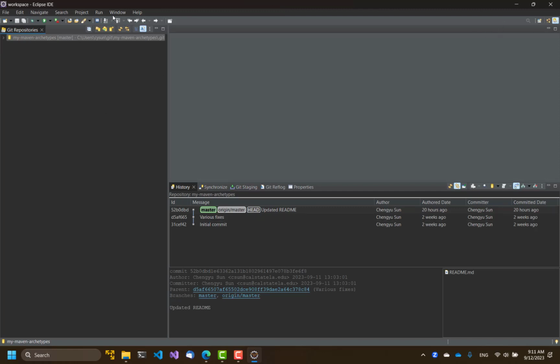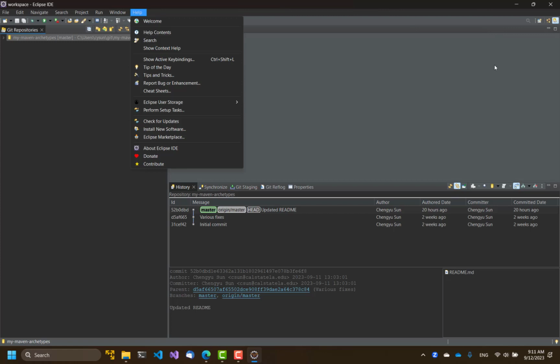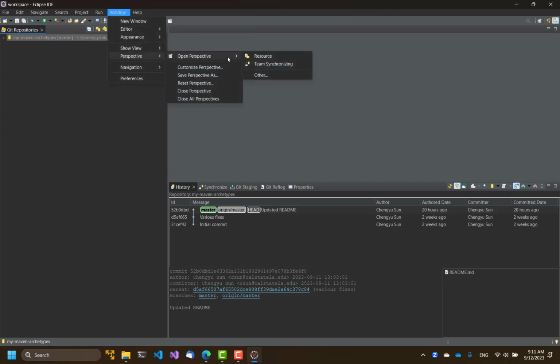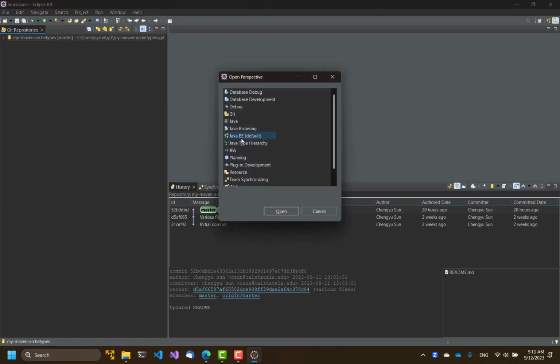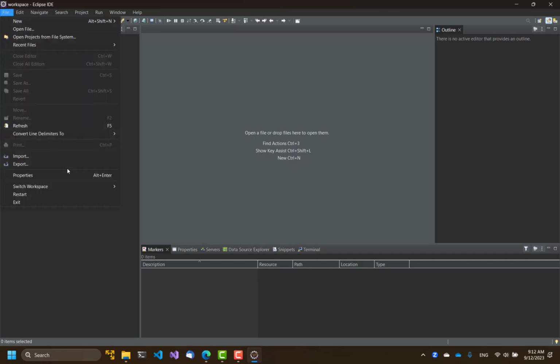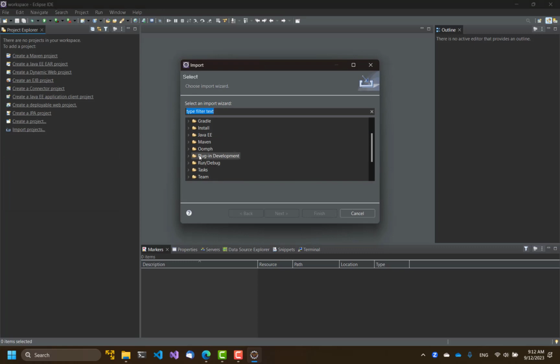And now go back to Java EE perspective. You can again go to Window, Open perspective, Java EE here. Or if you notice at the upper right corner, there's a couple of buttons that let you quickly switch between perspectives. So here, we need to import a couple of projects from the repository we just cloned. So select File, Import, and import